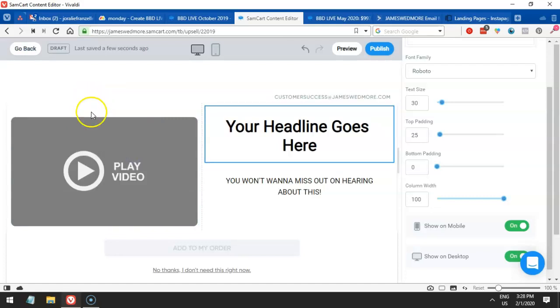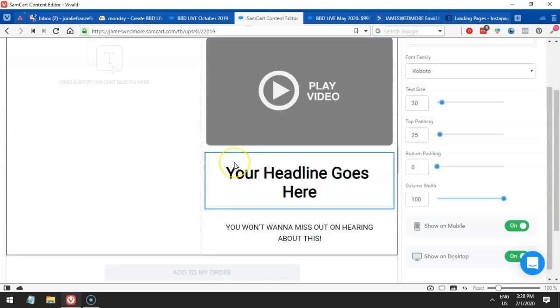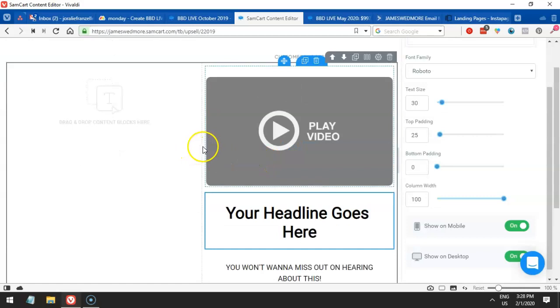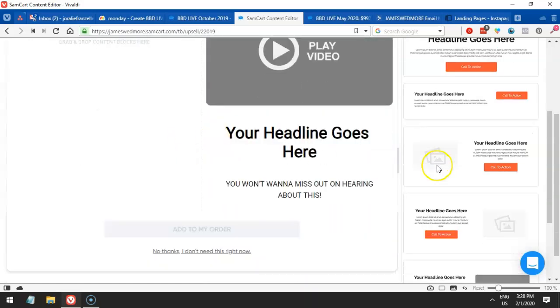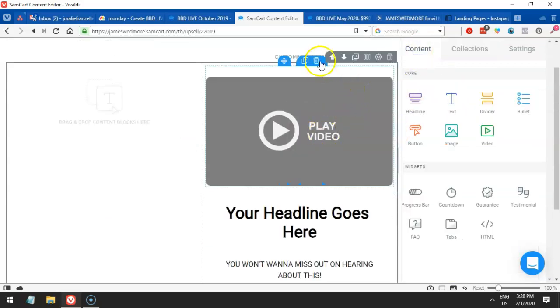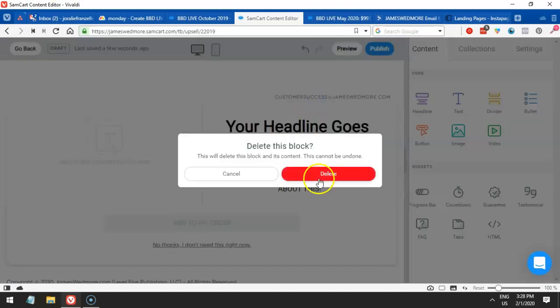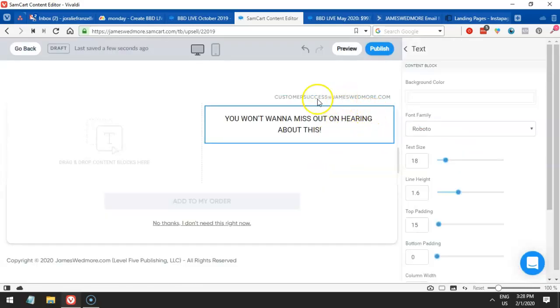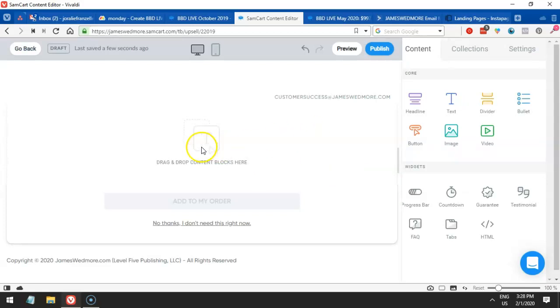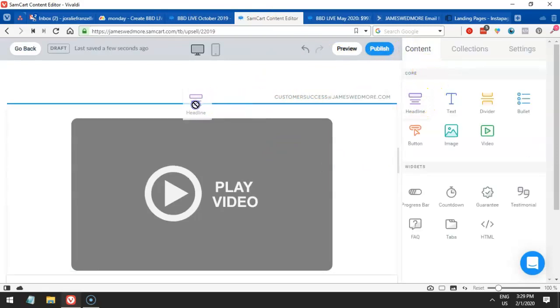This is a new feature of Samcart. So actually I'm just new to this, so I'm not sure how to use this yet. But I think you could easily figure it out. So content, yeah, so I think I will just delete everything here. So delete, and I will also delete the section here, and delete this, and then I'm gonna add a video section from here, and then also the embed code, I will get that later on. And then also I think we need to add a headline,